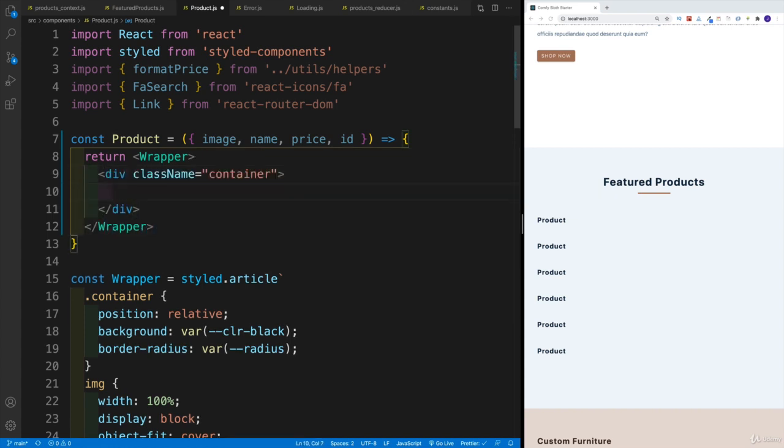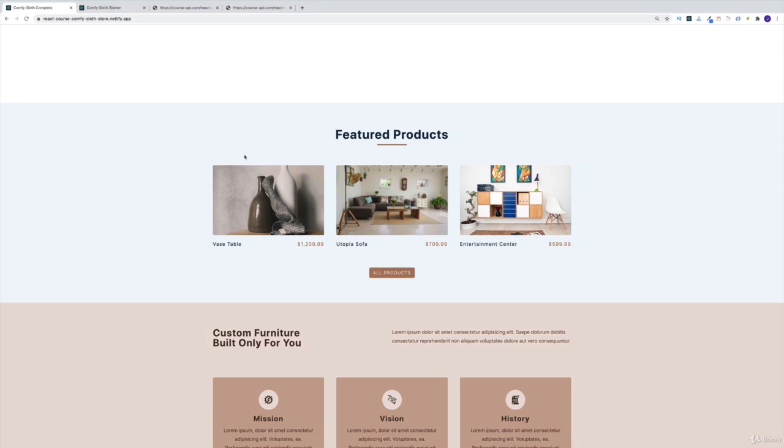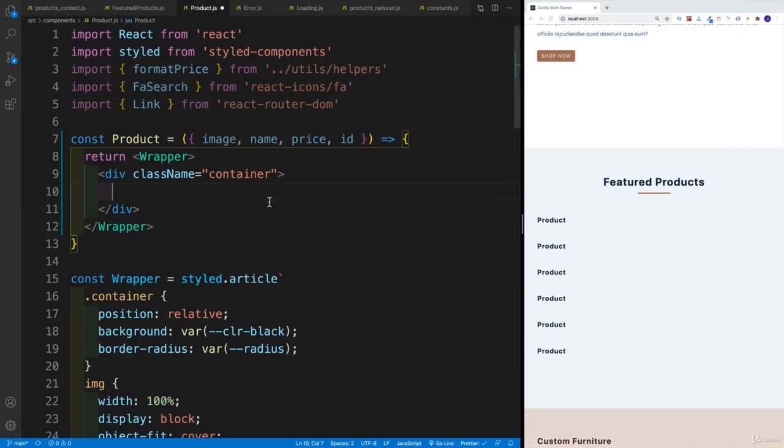And then in the container, I would want to place the image and a link, because we need to understand that as I'm hovering over the image, notice this is the link, and this is going to navigate to that single product. So that's why if we take a look at the imports, of course, we have the style, and we also have format price, which at the moment we're not going to talk about. I'll cover that in the next video.